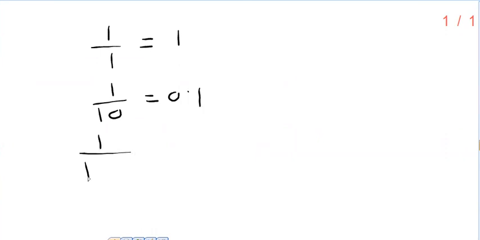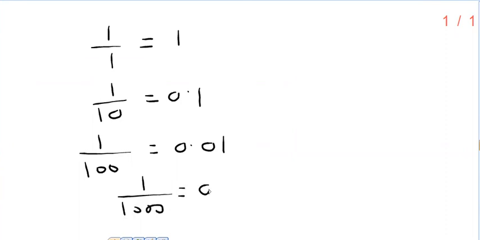See, what is 1 upon 1? 1 upon 1 is 1. What is 1 upon 10? It is 0.1. See, we have considered the denominator just as 10. Still the answer is 0.1. What is 1 upon 100? It is 0.01. What is 1 upon 1000? 1 upon 1000 is 0.001. So if the denominator increases, then the value of the fraction decreases. So when I say 1 upon 1 crore, with zeros after that, this is almost 0. Is that clear? So this is about all the standard formulae.